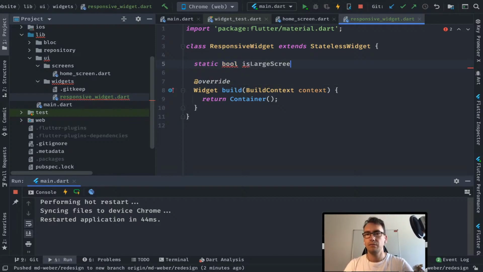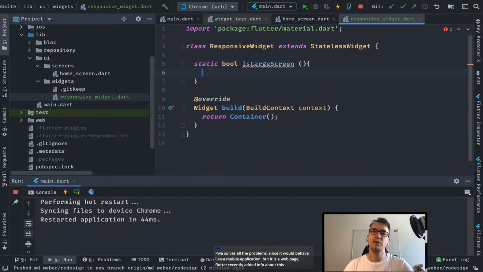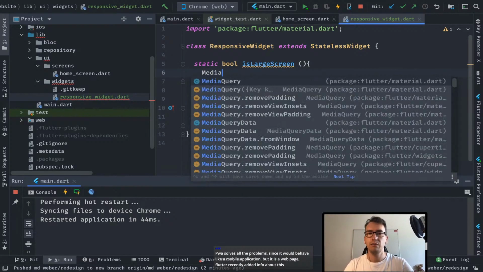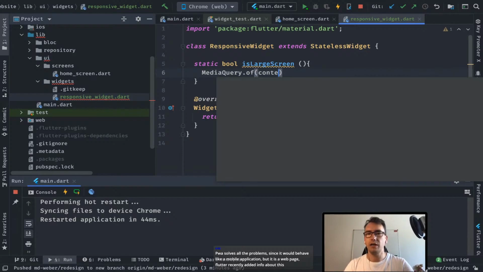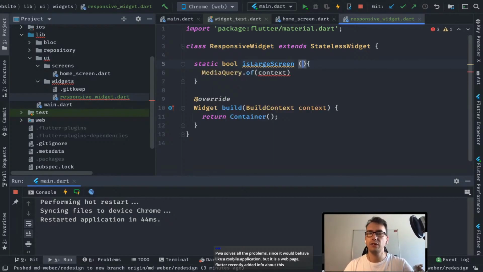large screen, and this would return true if the media query of context that we have to pass in, of course,